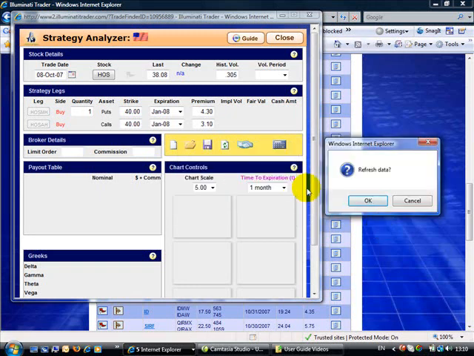This new window is the analyzer. This is where we can work out our risk, our reward, our break-evens for the trade that we may or may not wish to do. Now, it's important to realize that when we go from the trade finder directly to the analyzer, what we've got